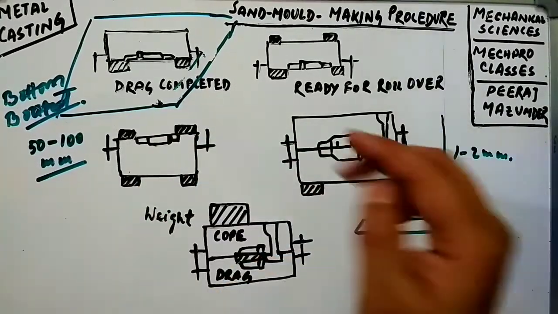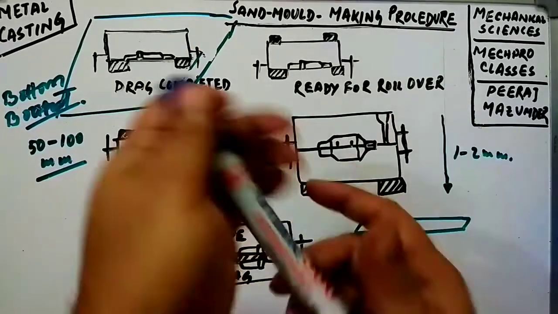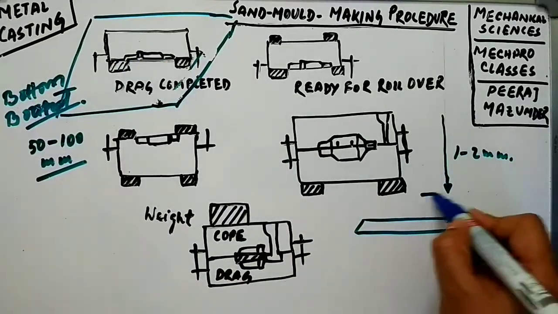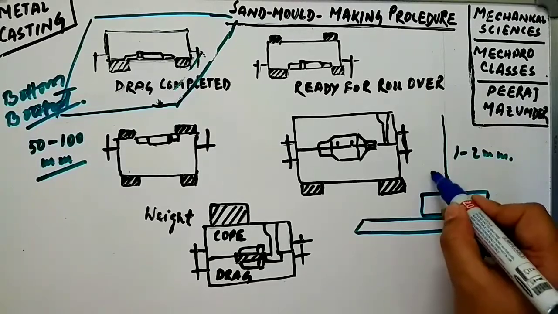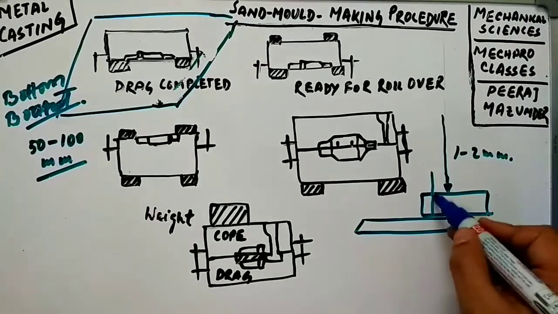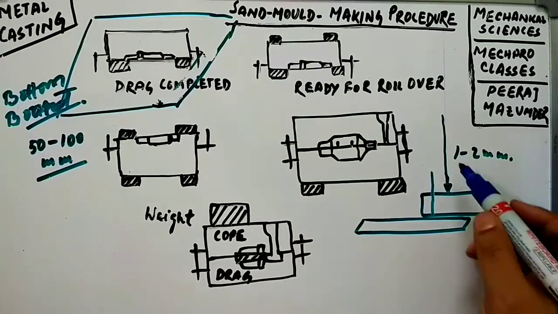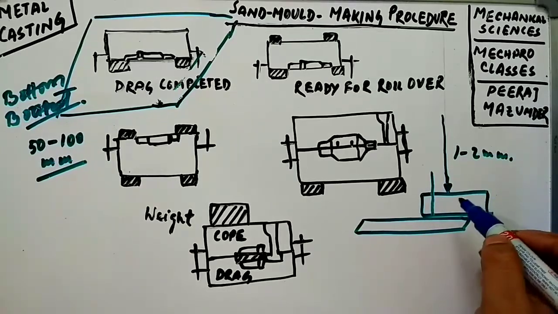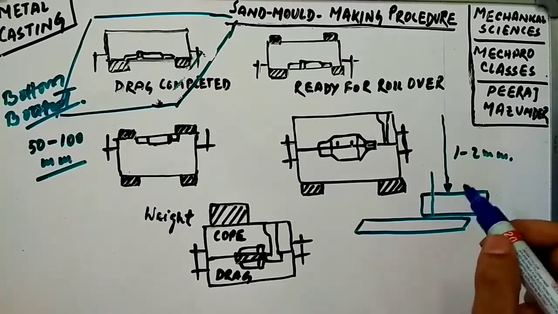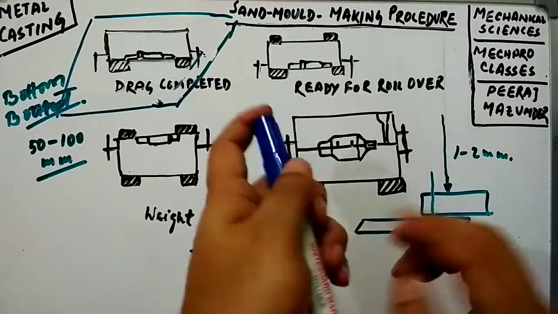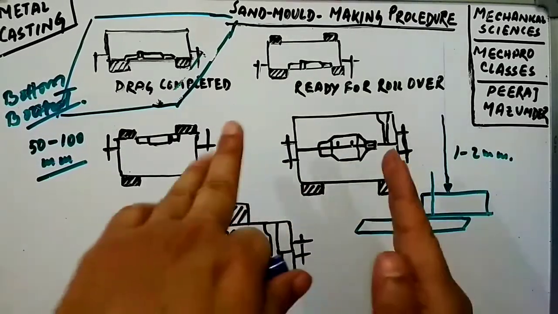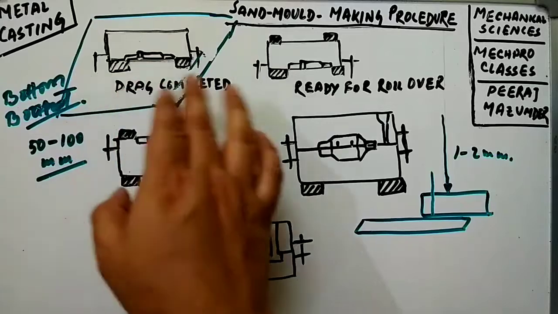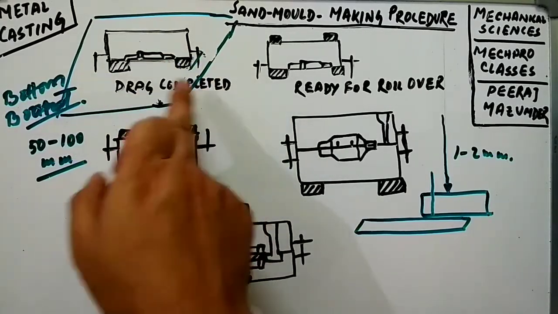Vent holes are to be made in the drag to the full depth of the flask. That means it should reach full depth. Say this is a drag; you have to make a full-depth escape route for the gases. So the function of the vent wire is to make void spaces or vent holes to the full depth of the flask, as well as to the pattern, to facilitate the removal of gases during casting solidification. This completes the preparation of the drag. So the first diagram is completed, and all the things I described are required for the completion of the drag itself.